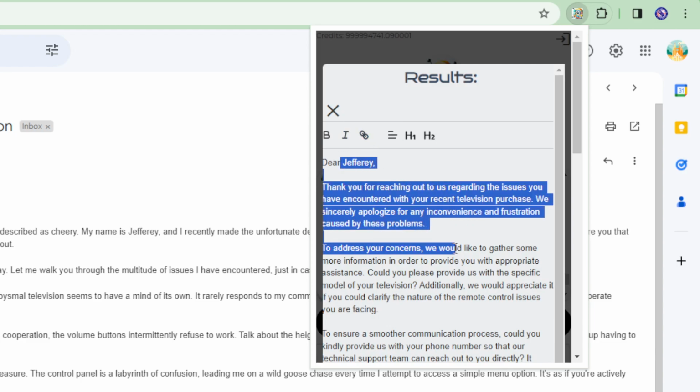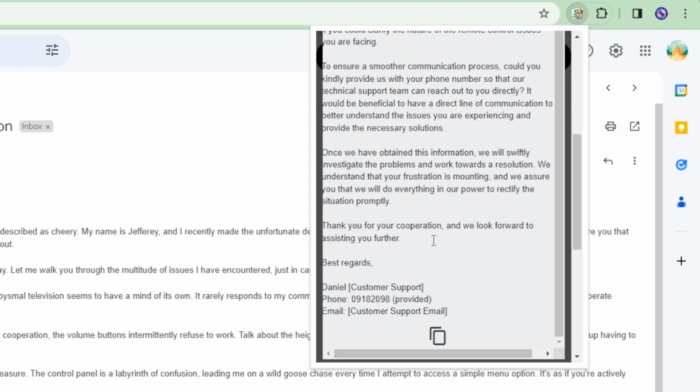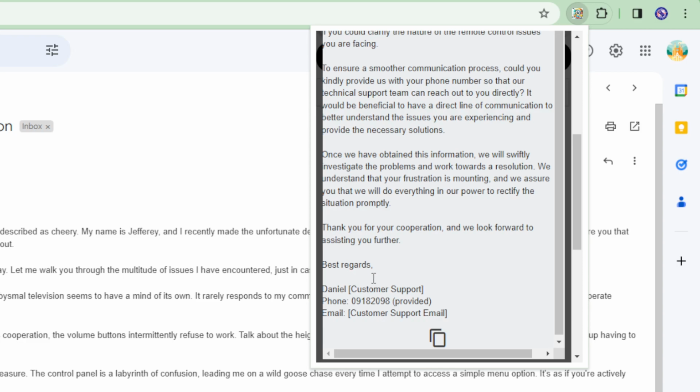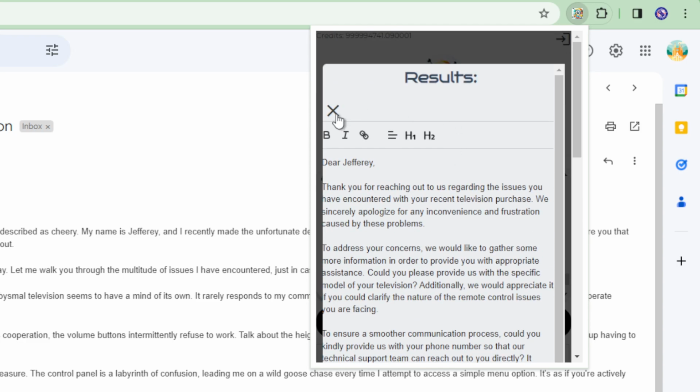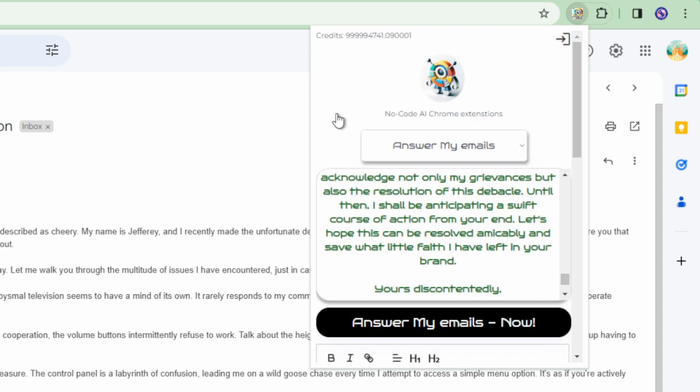Dear Jeffrey, thank you, etc., etc. Let's see if he's signed with my name. Here we go. Daniel and phone number. This is the phone number I provided. So you can see in that amount of time, literally 10 seconds, I created an app for myself which